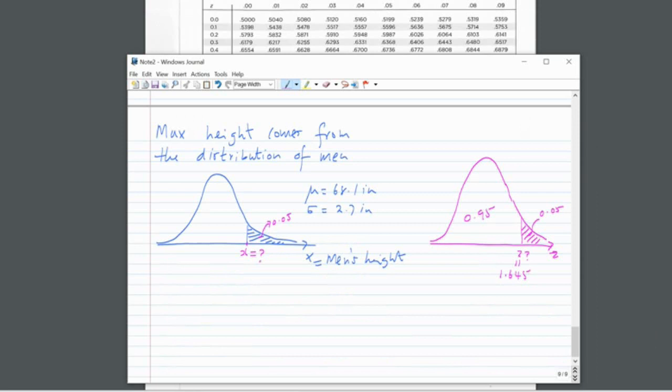How do we do this? We have a formula: x equals mu plus z times sigma. Mu is 68.1, plus the z we just found, 1.645, times the sigma, which is 2.7. What is that equal to? 1.645 times 2.7 plus 68.1, which is